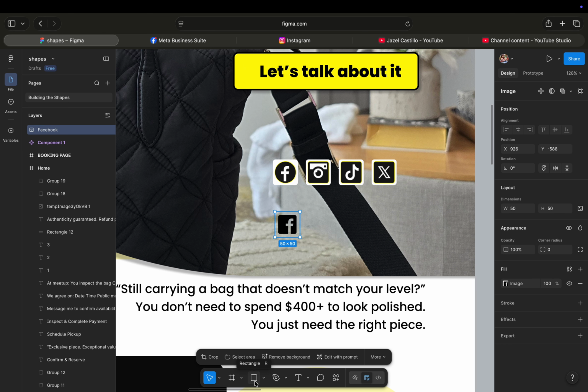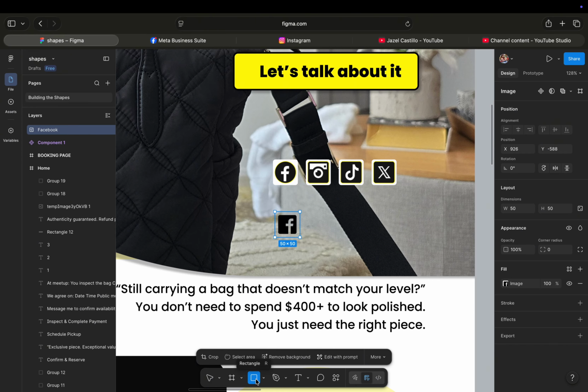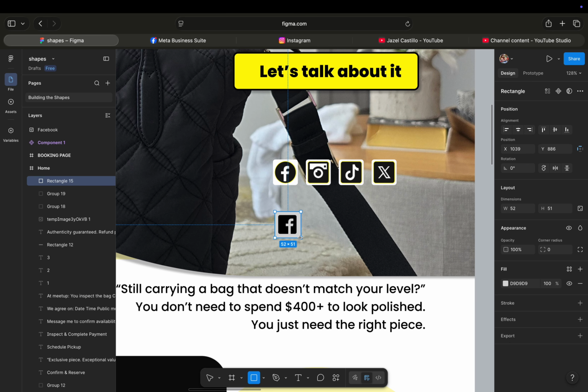All you need to do is go to the bottom toolbar and then click the shape that you want to put behind that social media icon. Let's say I want the rectangle, so I'll simply click that, drag and hold the shapes in here,